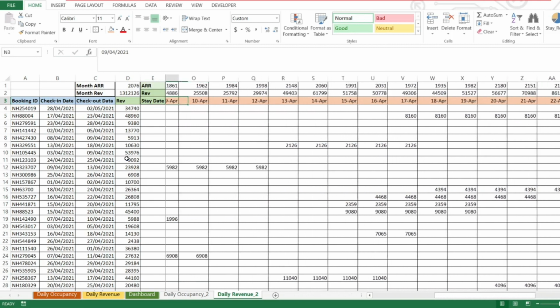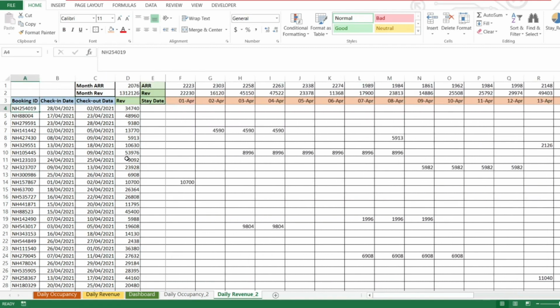So if you want to calculate similar things for the month of May, we'll have to create another worksheet in which we use the bookings data again for the guests who are staying in the month of May. So this exercise is just for the month of April. I hope you understood, you've got a certain bit of information from this, and you'll find this helpful in your daily workflow. And I'm going to share the workbook again, which is provided in the link in this post itself.